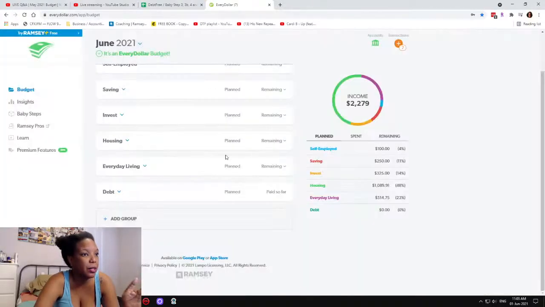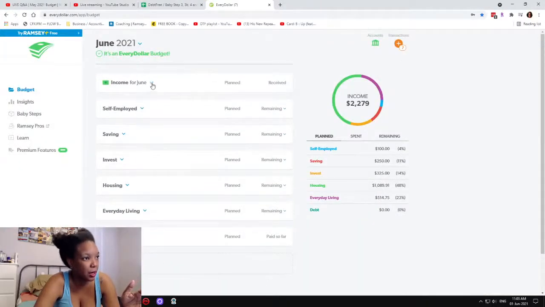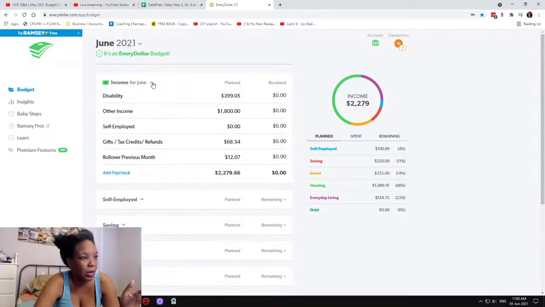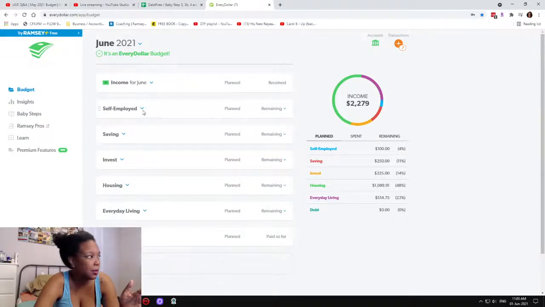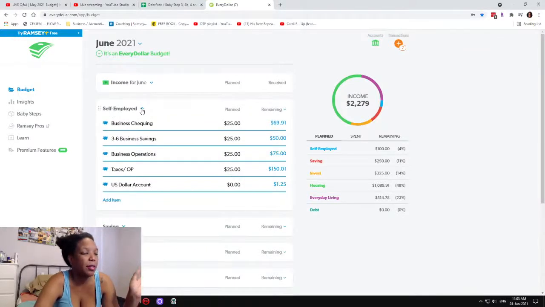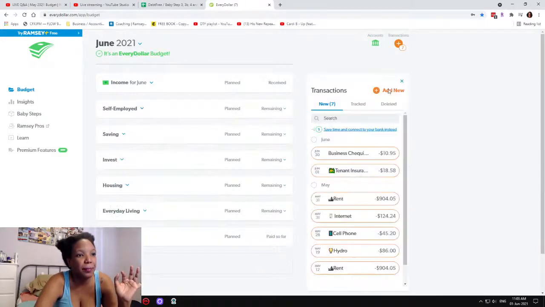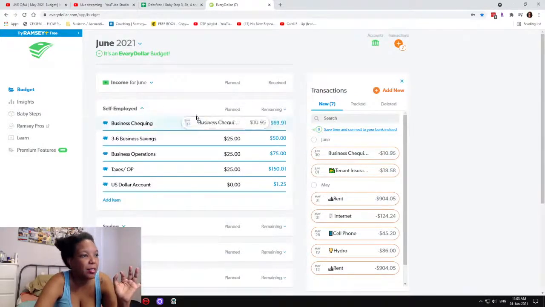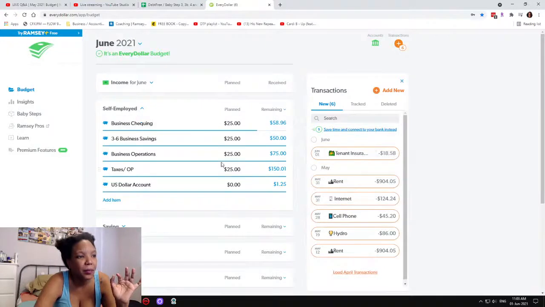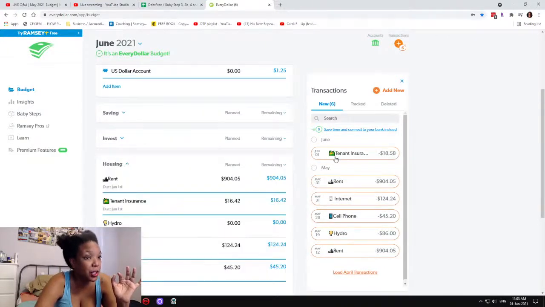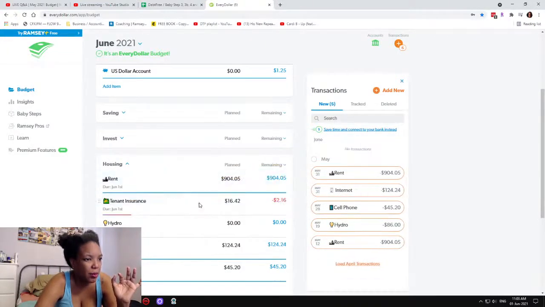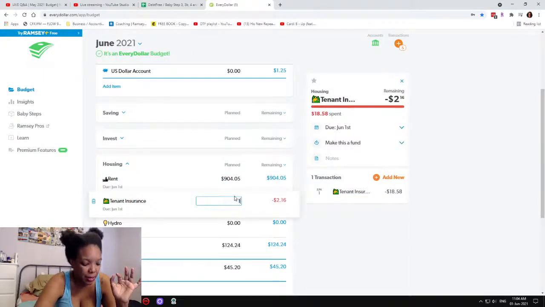If I reset my June budget, all of my transactions that already happened look like this. All right, so I reset. I'm looking over there at the other monitor to see if I'm sharing my screen properly. Yeah, so my June went like this. So, June, that's self-employment. My business checking account takes out $10.95 a month. My tenant insurance is going up. It goes up from